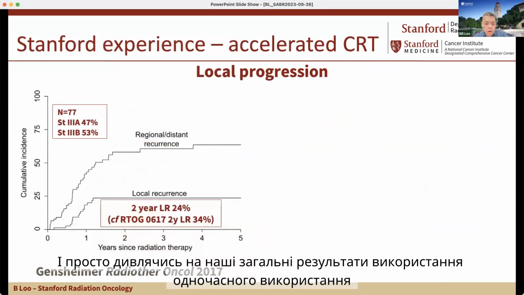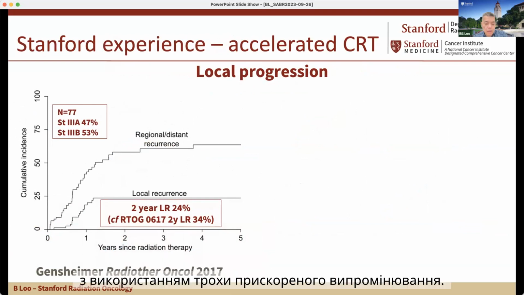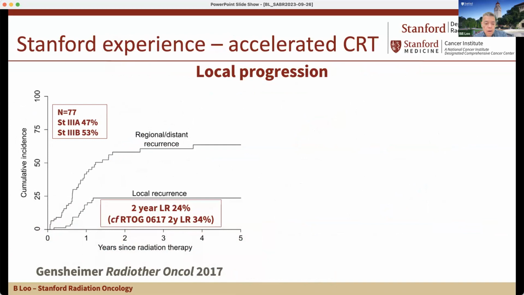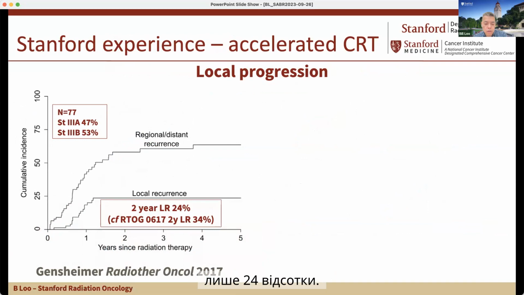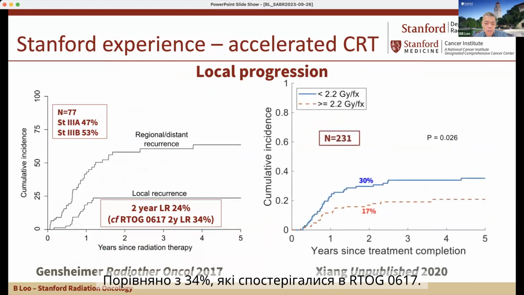And just looking at our overall results, using concurrent chemoradiation, this is actually results before immunotherapy, but using slightly accelerated radiation. So we commonly use 66 gray in 30 fractions of 2.2 gray a day. Our results show a good local recurrence rate of only 24%, compared to the 34% that was seen in RTOG